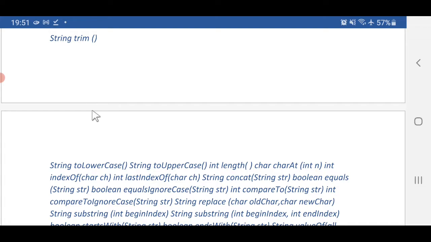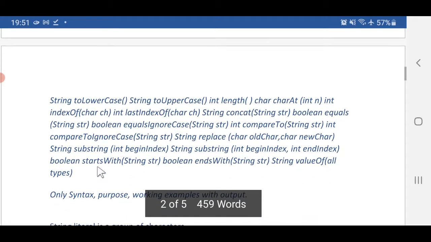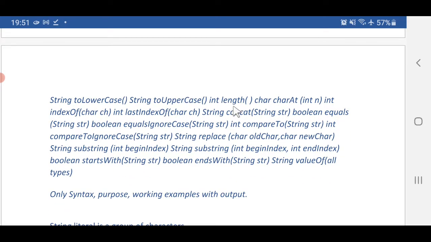A trim method is there, to lowercase, to uppercase, length, char at, index of, last index of, concat is there, then equals ignore case, compare to function is there, then compare to ignore case is there, replace function is there,